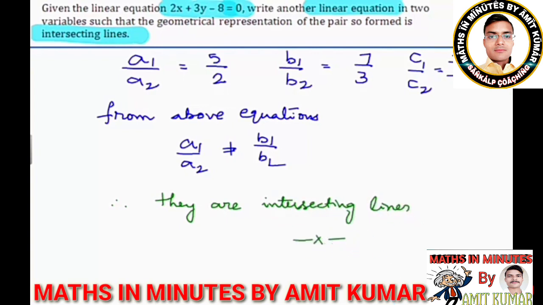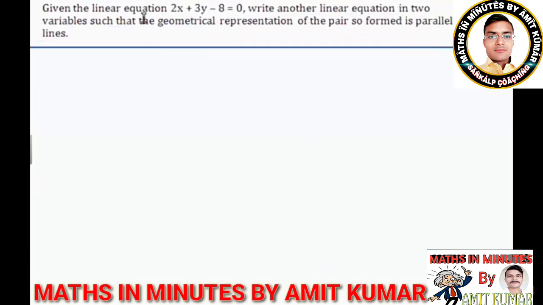Okay, now let's move to the second part of question number 6, which says given the linear equation, same equation है आपके पास 2x plus 3y minus 8 equal to 0, write another equation. आपको क्या करना है, एक दूसरा इक्वेशन लिखना है within two variables such that the geometrical representation of the pair so formed is parallel lines। यानी आपको क्या करना है, पैरेलल लाइंस बनाती हो ऐसा एक इक्वेशन लिखना है इस इक्वेशन के साथ कंपेयर करने पर।